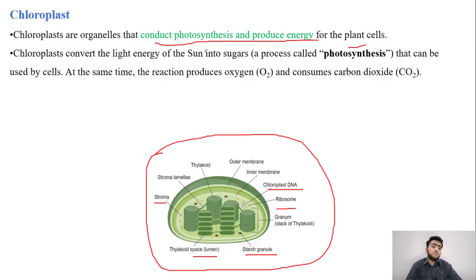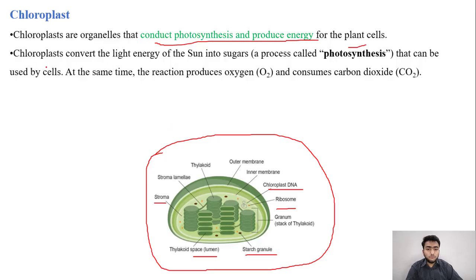It is exclusively involved and takes care of a plant cell's energy preparation because of the presence of various subcellular or smaller components contained within itself. These thylakoid spaces, the outer membrane, inner membrane, and ribosomes are all involved in the process of production of energy, which